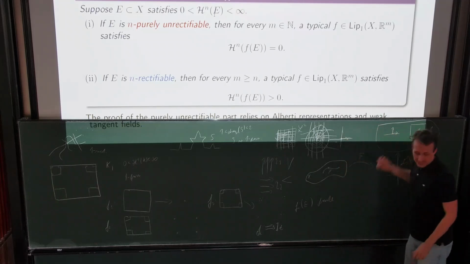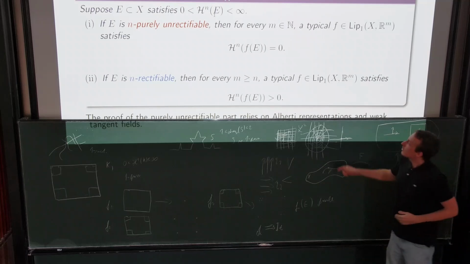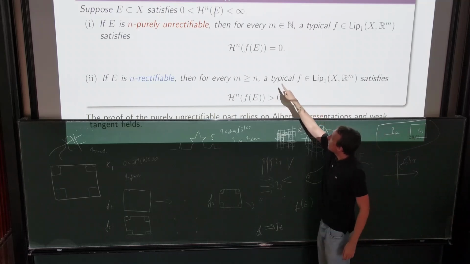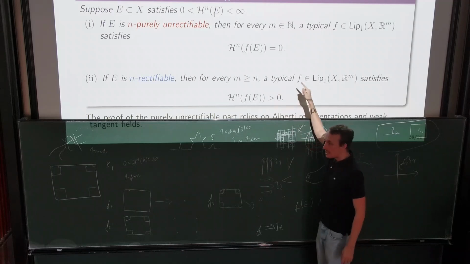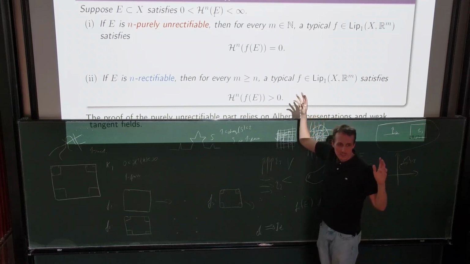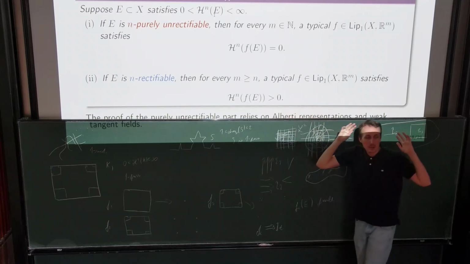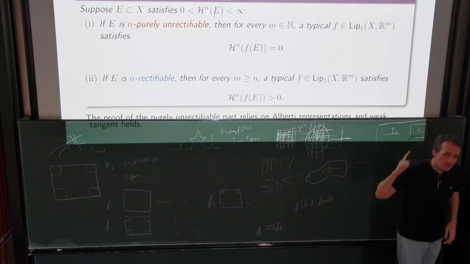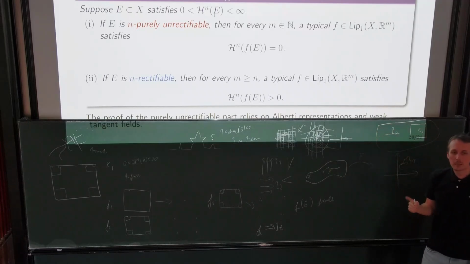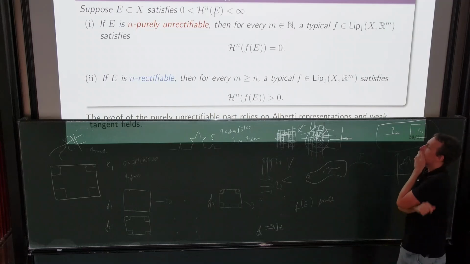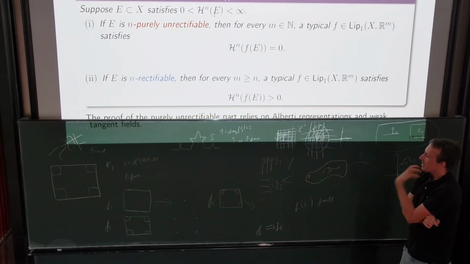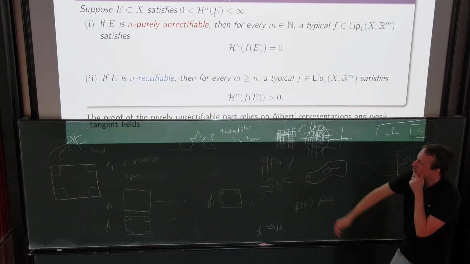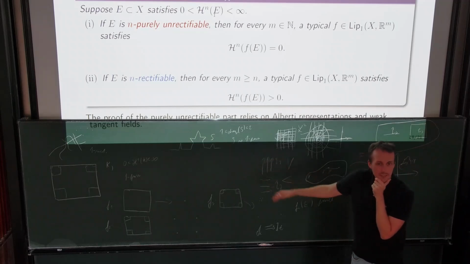if you know all of the results, is that in fact you can get that the dimension of f of E typically will be 0. Not only will H1 of it be 0, meaning that it is at most one-dimensional, but in fact it will be 0-dimensional. So you can reduce the dimension by one whole number down. So you can do that. I'm not sure how you could do that in higher dimensions, because it's a bit tricky to prove generally. Of course, for some nicely structured sets, you can just do it by hand.